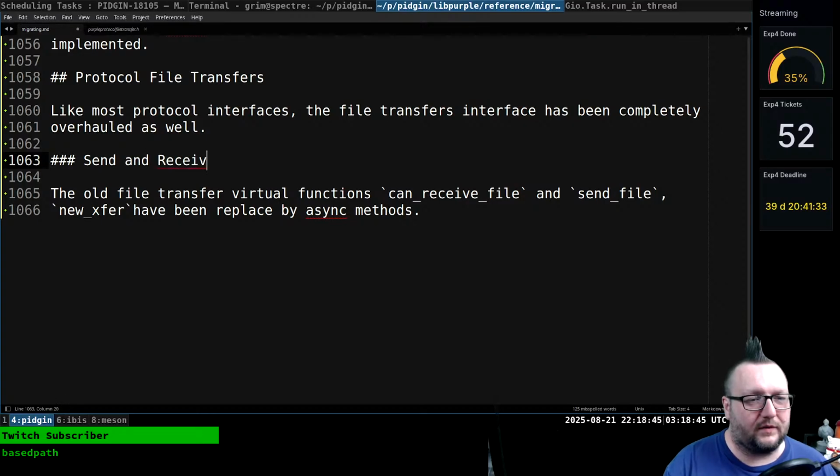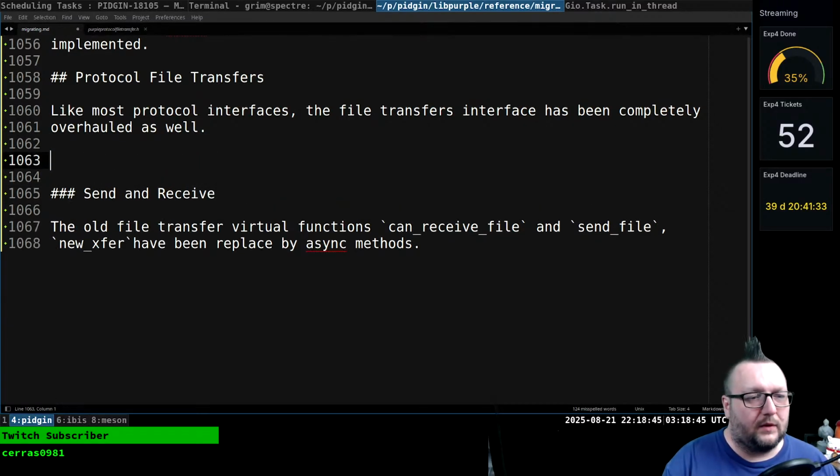Send and receive. All right, we'll say the new XVer